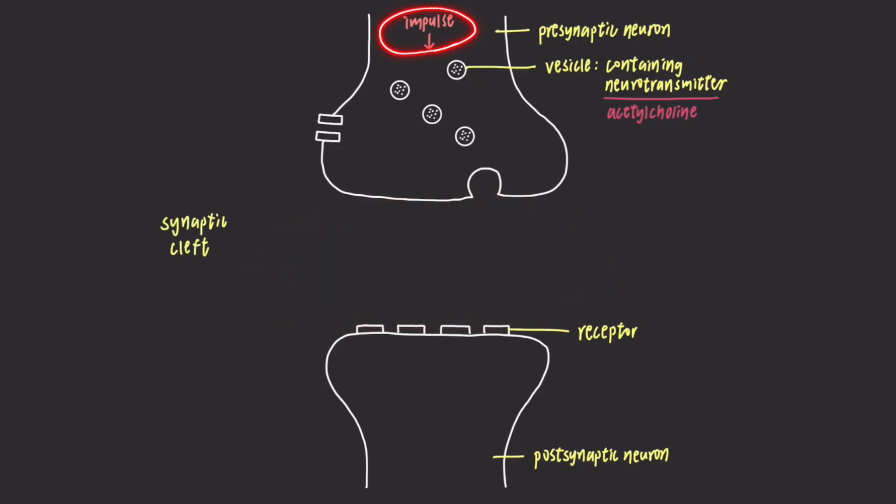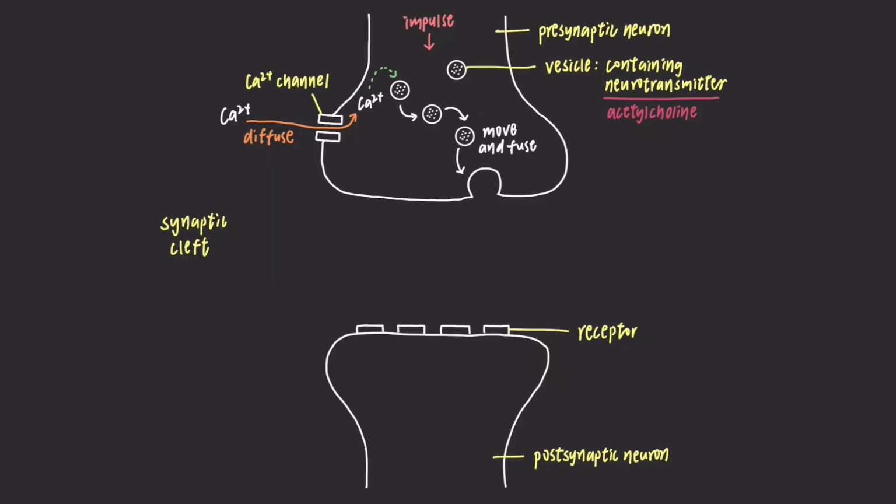When electrical impulses arrive at the presynaptic neuron, the impulses trigger the opening of calcium channels on the membrane. This allows calcium ions to diffuse into the neuron. Calcium ions facilitate the movement of the vesicles towards the membrane, and they will fuse with the membrane to secrete